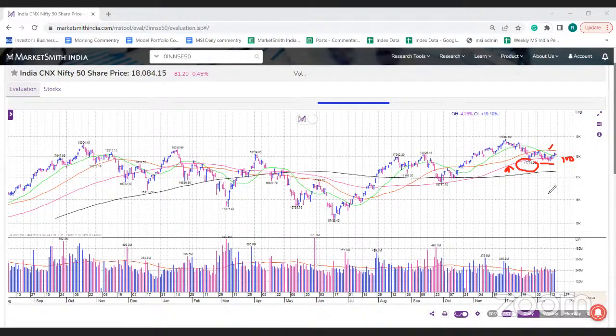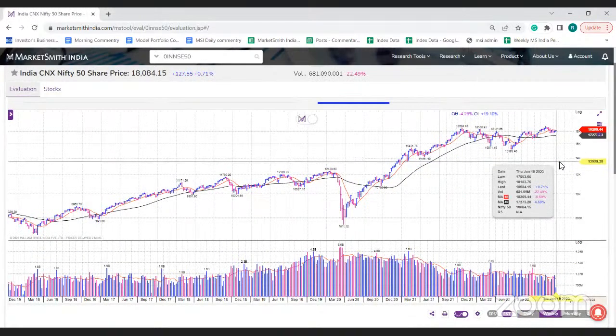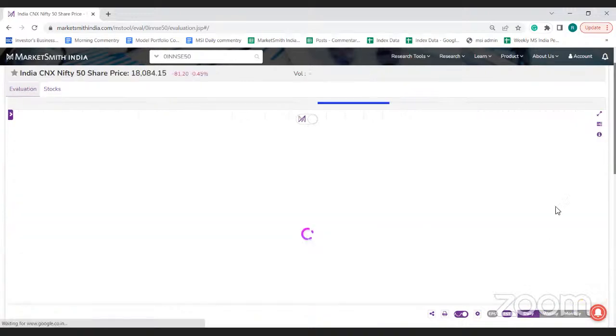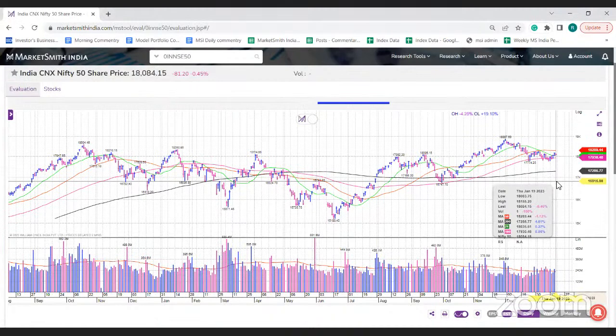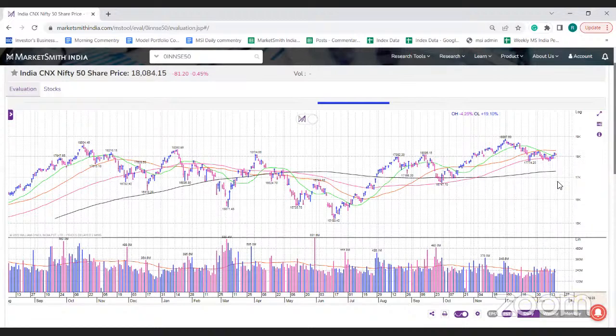Why I'm discussing 200 over here is because if you go on the weekly chart, the red line is the 10-week moving average, the 10 MA, which is somewhere around 18,210. And on the daily chart, the 50 DMA level is somewhere around 18,300. So you want the index to move out of that resistance. Between 200 and 300 there is a resistance, and if Nifty moves above it and holds, then